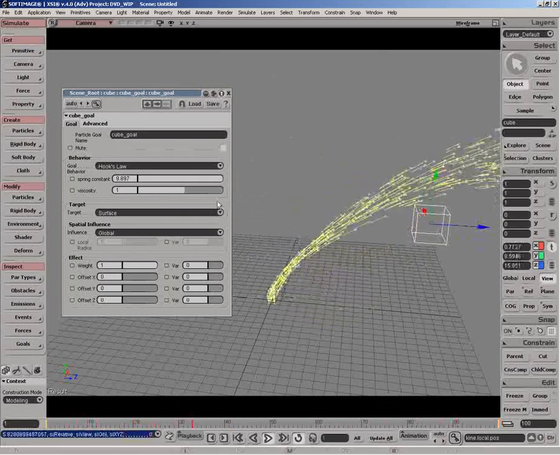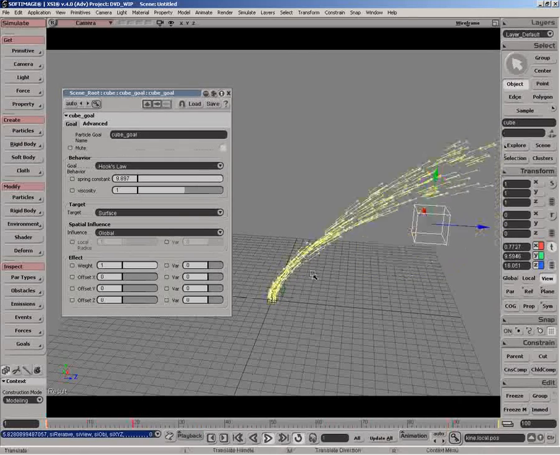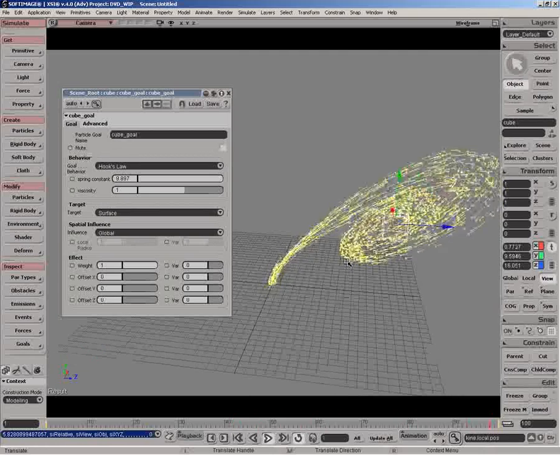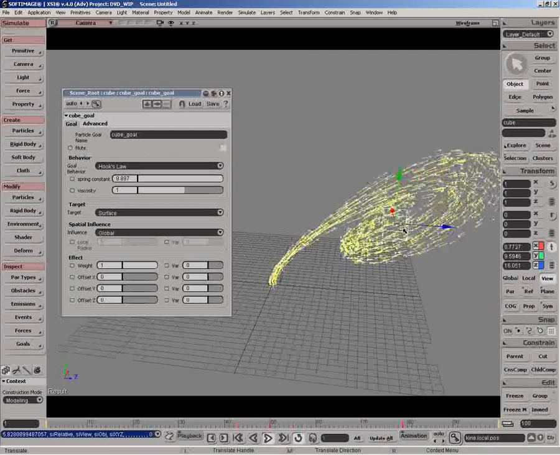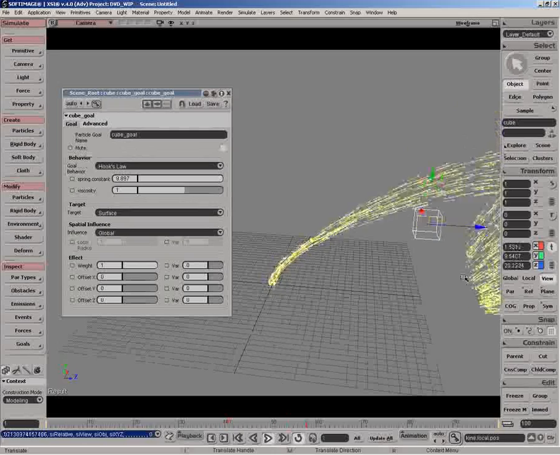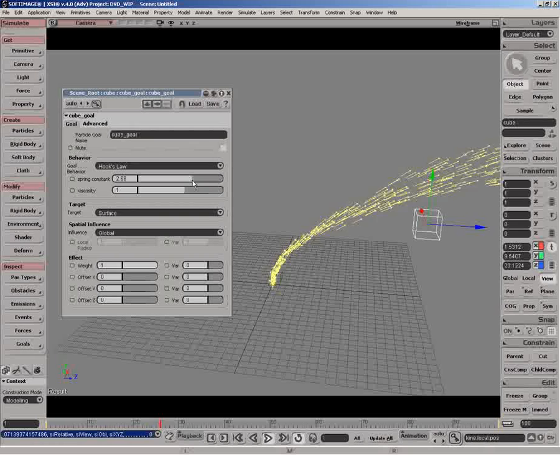And what the spring constant does, basically, as we increase it, it becomes more attracted to the goal object. And we also introduce a sort of elastic quality into the springs. As you can see here, the particles are traveling very quickly towards the goal object. And once they reach it, they sort of overshoot it and swing back around. And that's because we have the spring constant set quite high. If we bring this down,